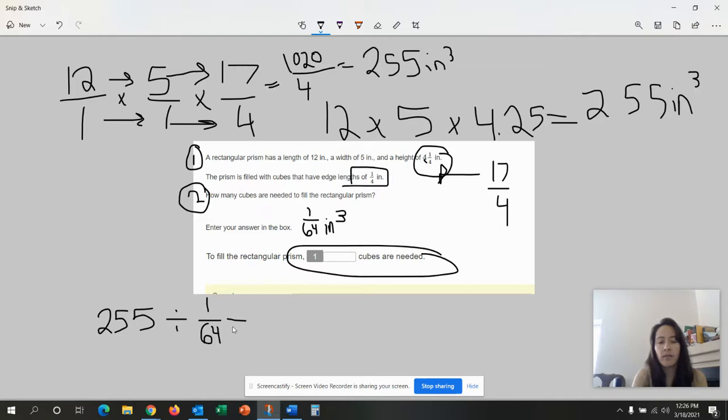So we do our fractional division. Copy, dot, flip. Keep, change, flip. That means we keep our dividend the same. 255